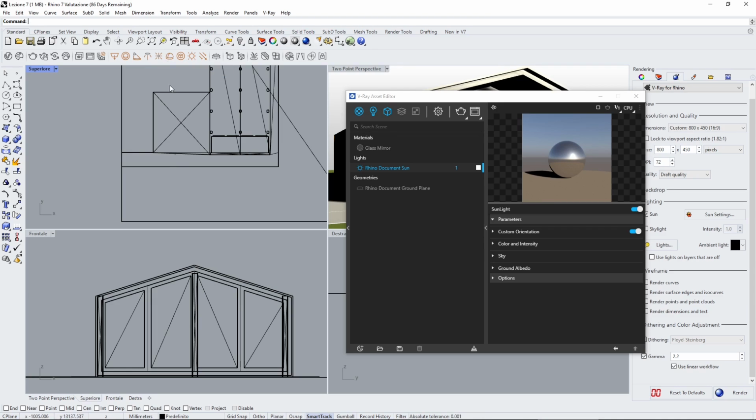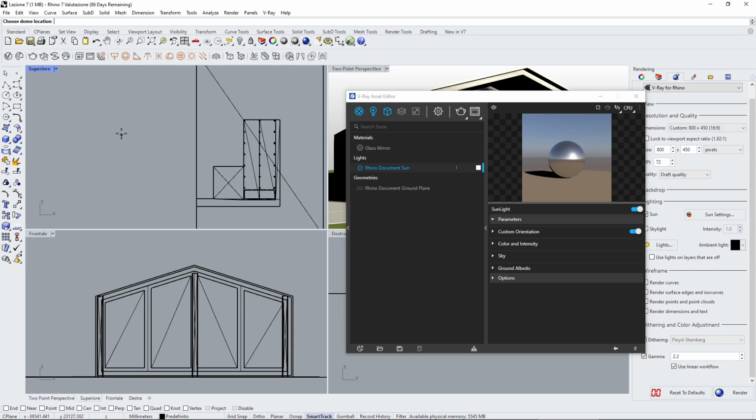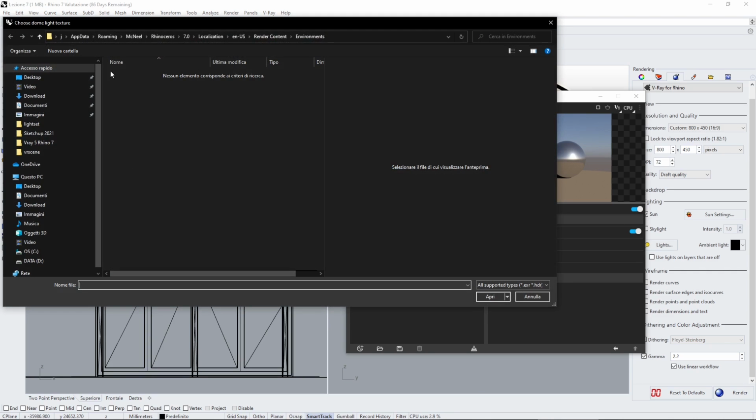Now let's add a dome light, which is basically the one that we can use also with the skylight. Now we have two creation methods. One is with the left mouse and one is with the right. So if I click here, it doesn't matter how and where I place this because it's always gonna look the same. So once I click there, it's gonna ask me to find an EXR or HDR image, but we are going to talk about this later. So I'm just gonna skip this,